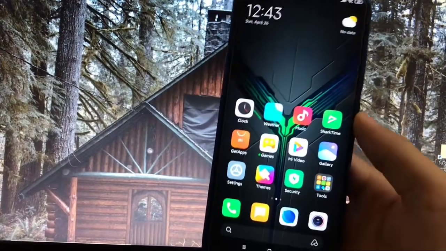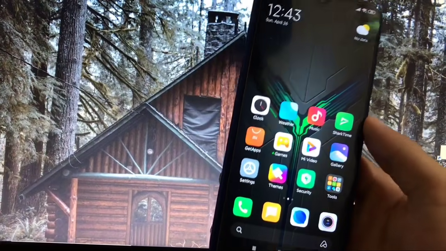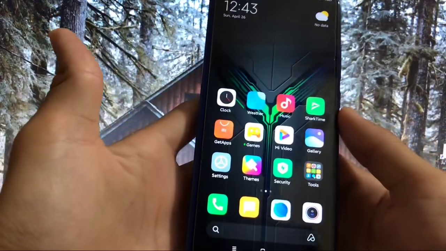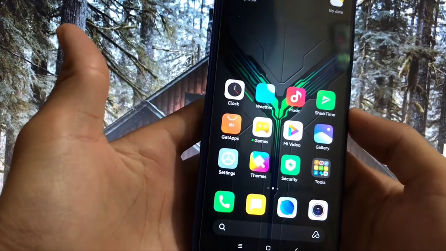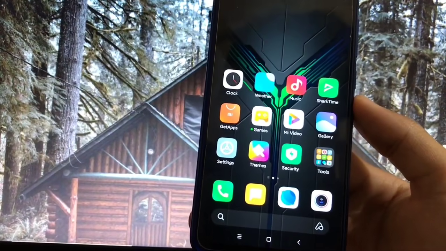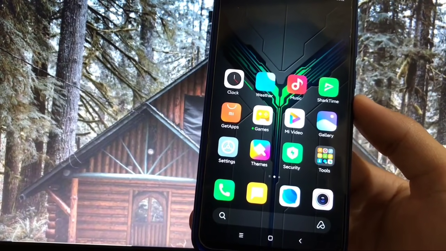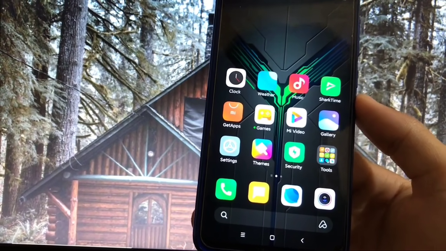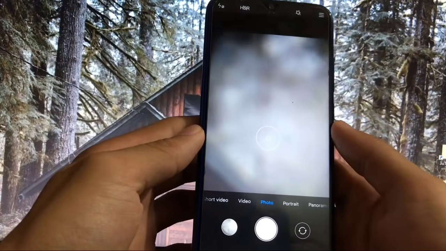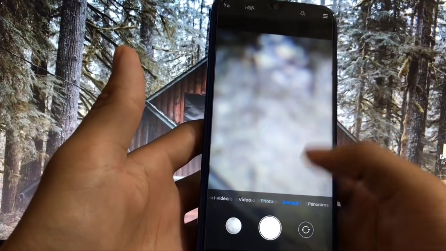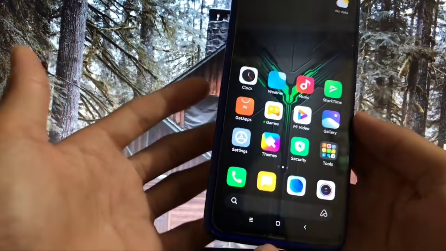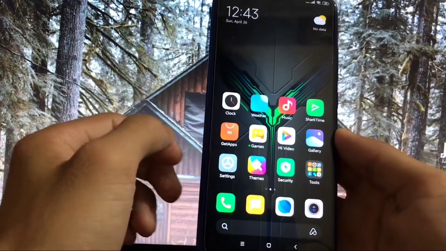So here it is. I have booted into my Joy UI GSI, which is based on MIUI 11 and Android 10. This is the home screen look which you get after the first boot. You get a lot of MIUI apps installed, almost all of the MIUI 11 apps, like phone, messages, browser, and the camera app is also there. Whenever you open the camera, you can see it simply clicks photos without any issues at all. Portrait mode is available too, which is also working. All the navigation gestures are there. A lot of things are there.